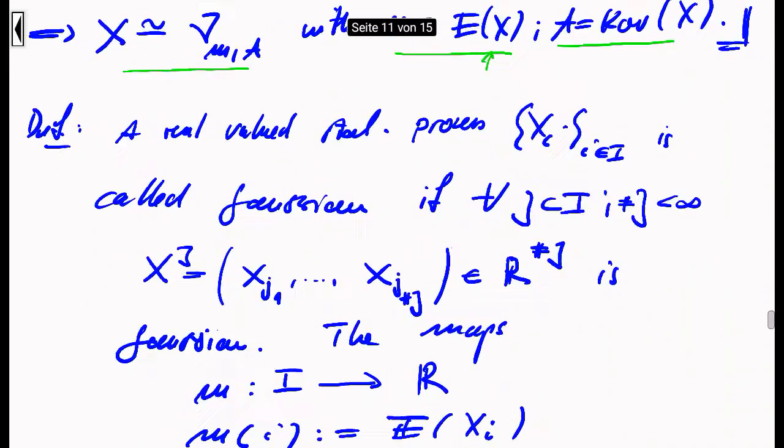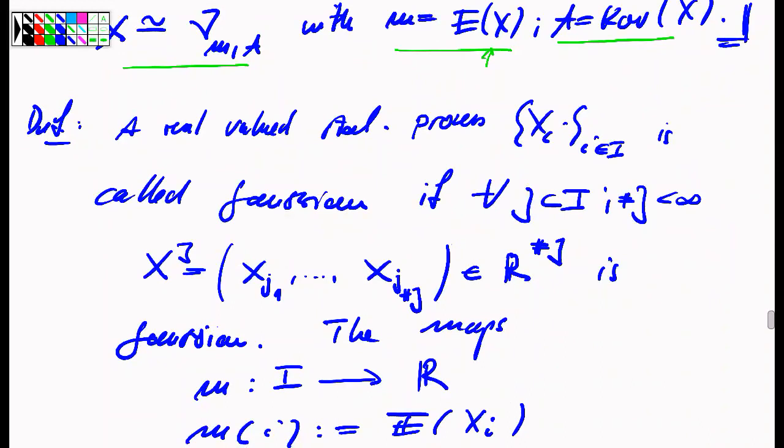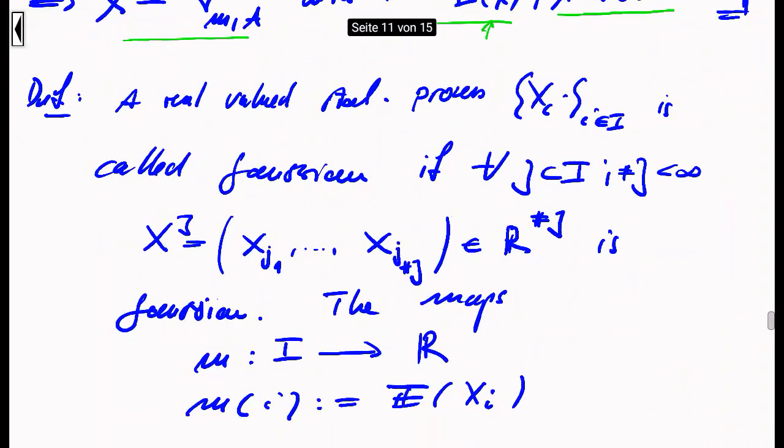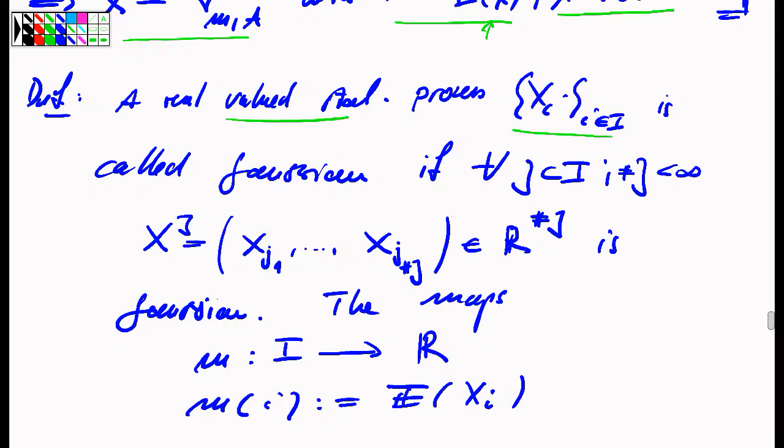Okay, after these computations of Laplace transforms and the clarification of what we understand as a random variable in Rd, which is Gaussian, we can now define what we understand by a Gaussian stochastic process. So here comes the definition. A real-valued stochastic process which has some index set I is called a Gaussian stochastic process if for all finite subsets of indices the